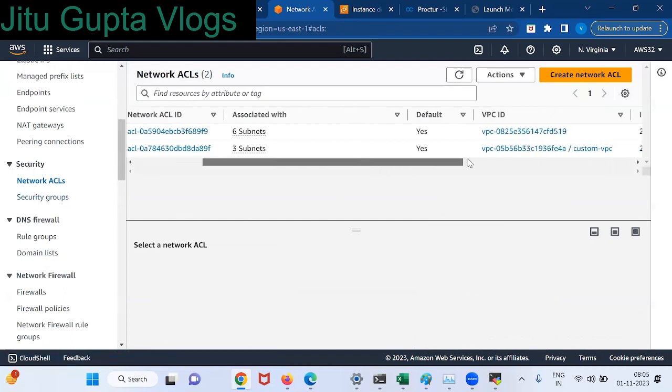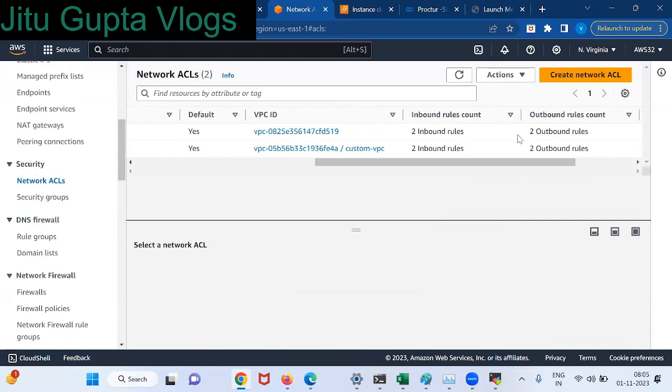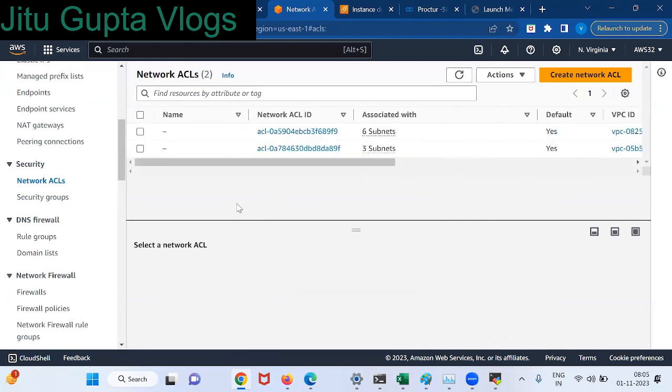See, already created: two inbound rules, two outbound rules. So indirectly, NACL is created by default, allowing inbound and outbound. Default rule. I am not doing anything. Getting what I'm saying here? They are bypassing NACL indirectly to allow your request.